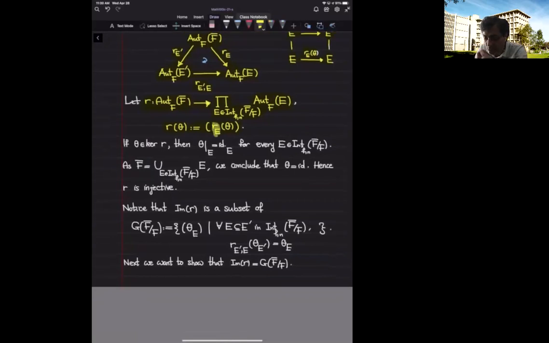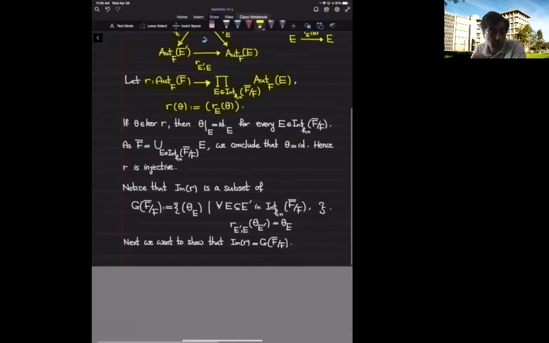Because these things are group homomorphisms, this R is going to be a group homomorphism. Now, next I'm going to argue that R is an embedding. So suppose theta is in the kernel of R. That means that when I restrict it to E, it's the identity on E, no matter what intermediate normal finite extension I pick,